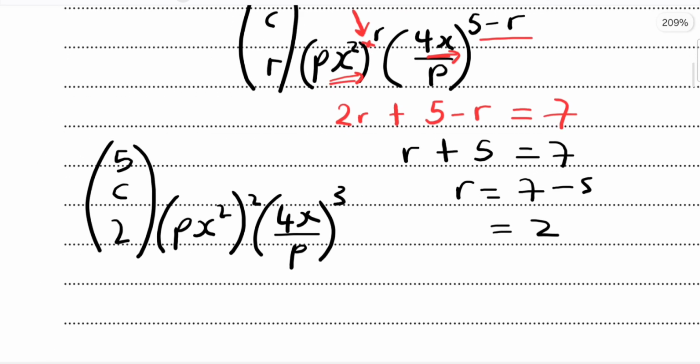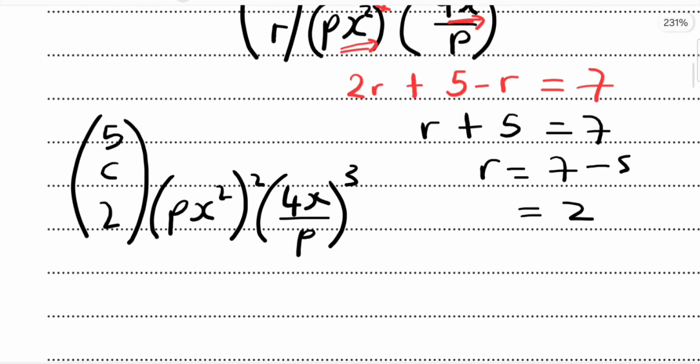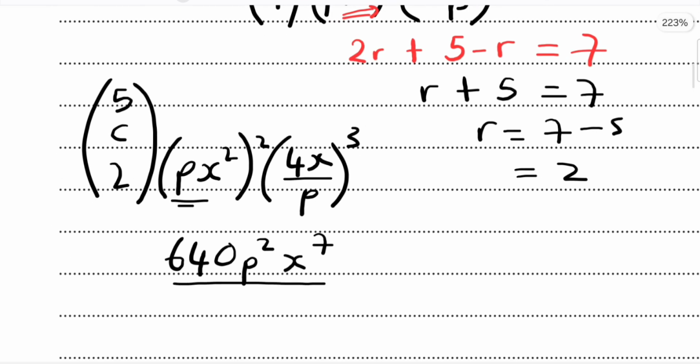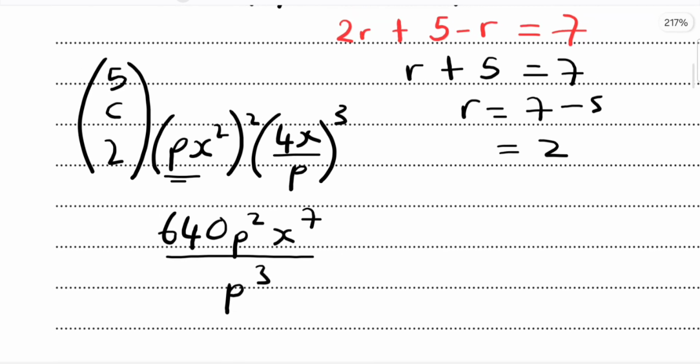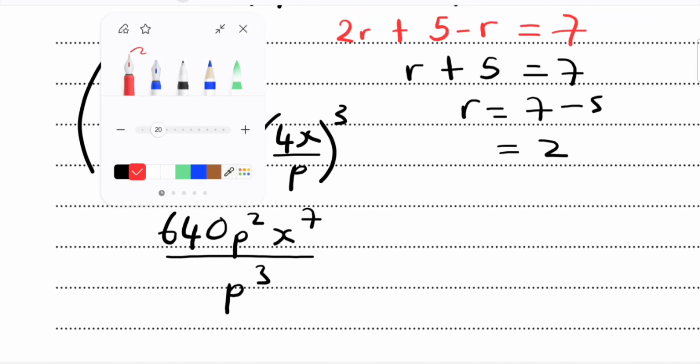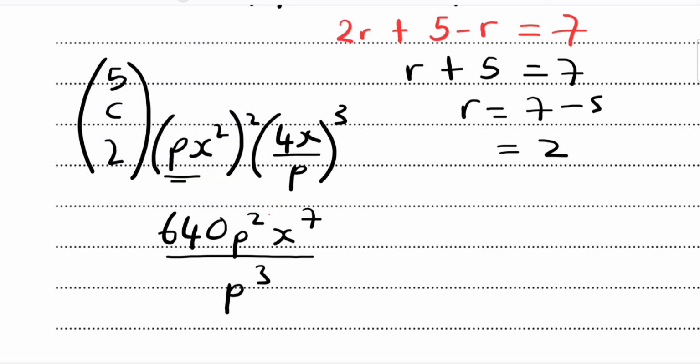So 5 choose 2, that's our 10, multiplied by 4 to the power 3, so we get 640p² for this part, right? Then x to the power 7 over p to the power 3, right? This is our term in x to the power 7, and the coefficient for x to the 7 is this,